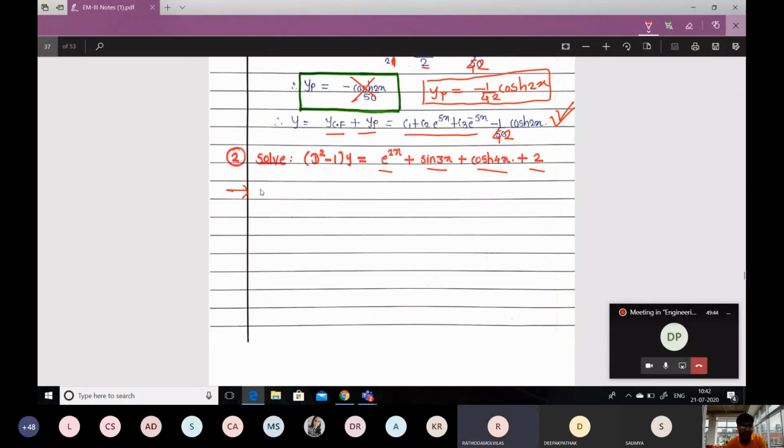So it is a combination of all cases. Yes, very good. That is what I wanted to teach you. This is the combination of all cases. Okay, so consider